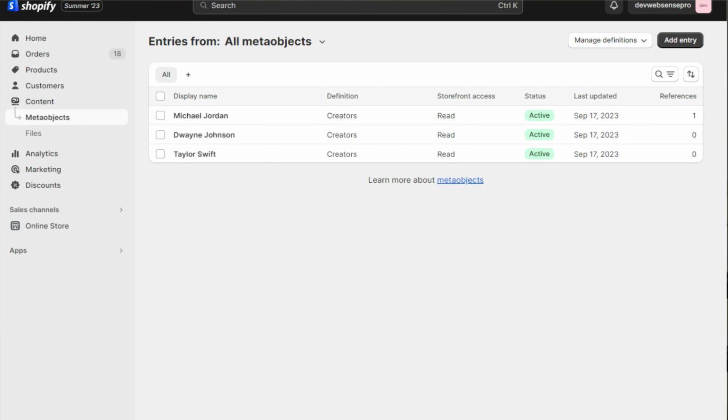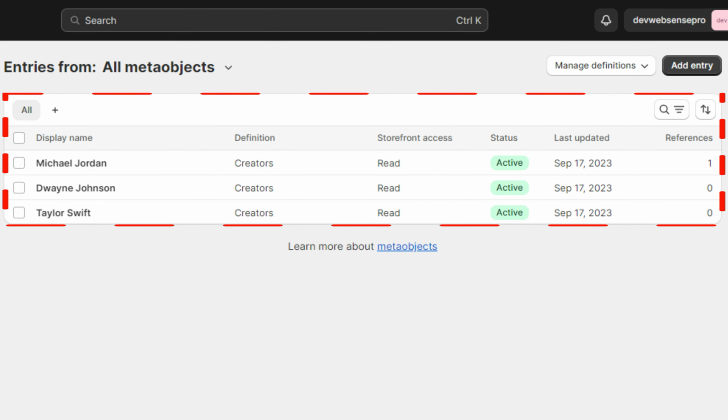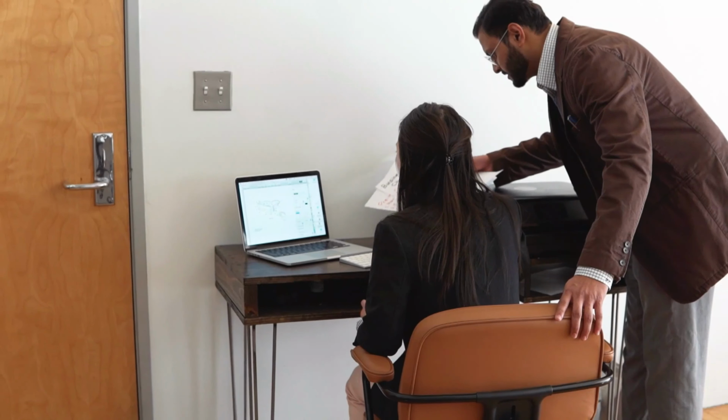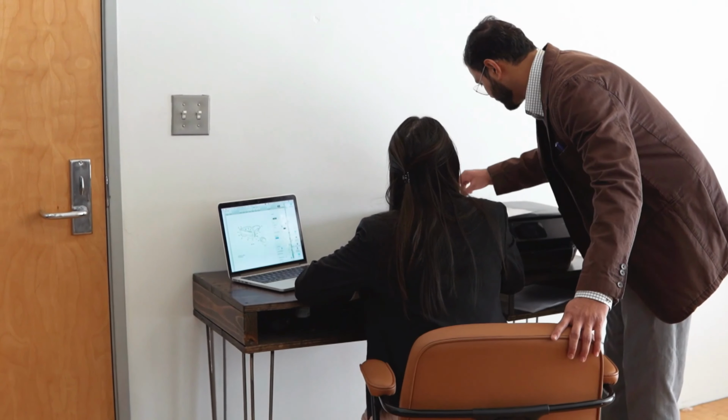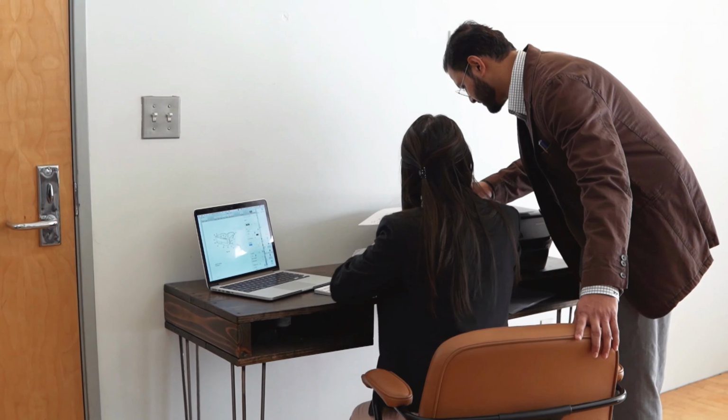Welcome to another Shopify tutorial, and in this video I'll show you guys how you can use meta objects and create stylish looking pages and pull in the value dynamically using entries from your meta object definition. You don't need to have any technical background or any knowledge before watching this tutorial. I have tried to create a very basic level tutorial in order for you guys to understand how the meta objects work and how you can use meta fields and meta objects together in order to build new functionality to